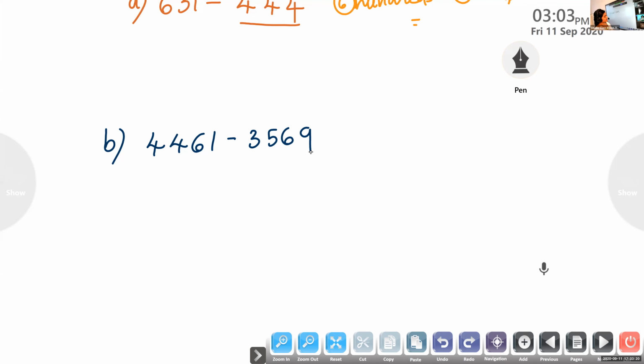Achyut has completed the second question also. B also. Do B. Doubt. Okay, unmute. Ma'am, I can't do the hundreds place of that B. Yes, ma'am, wait. We can discuss. There also you have to do regrouping. From the thousands place you have to borrow. Now you try, Achyut. Yes, ma'am.